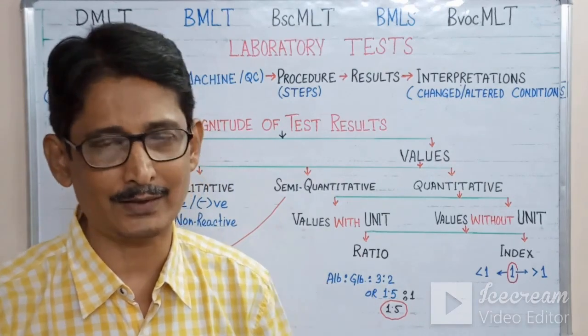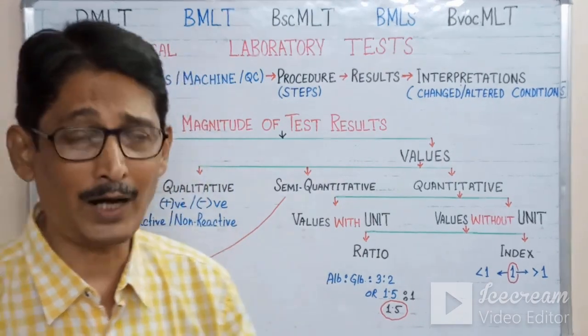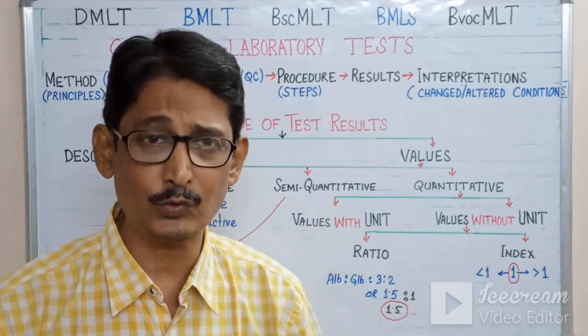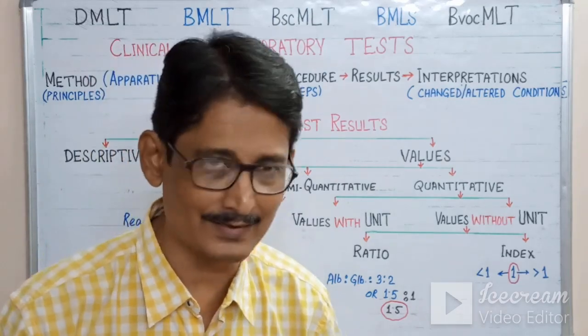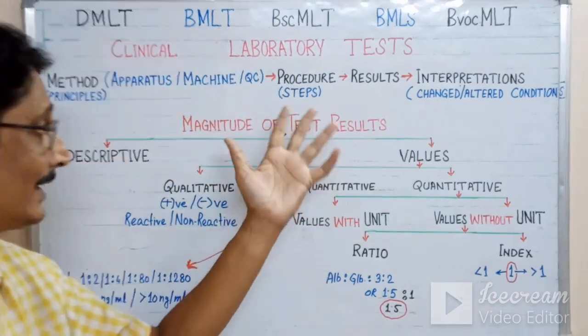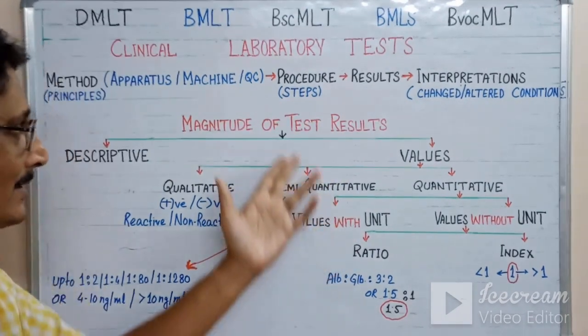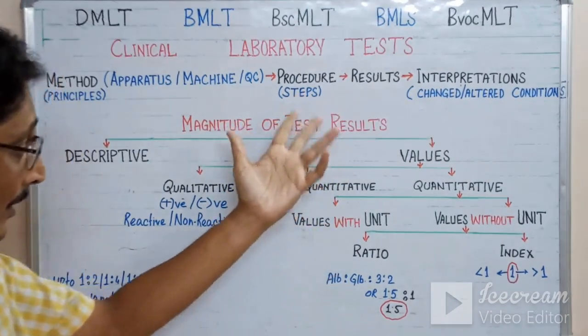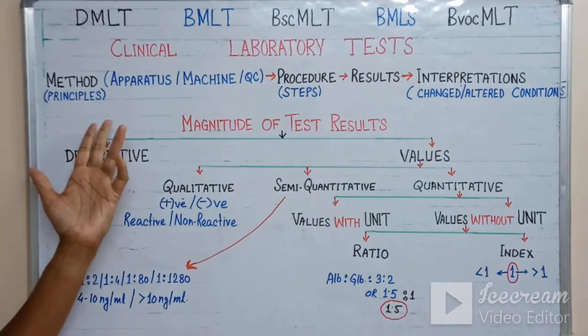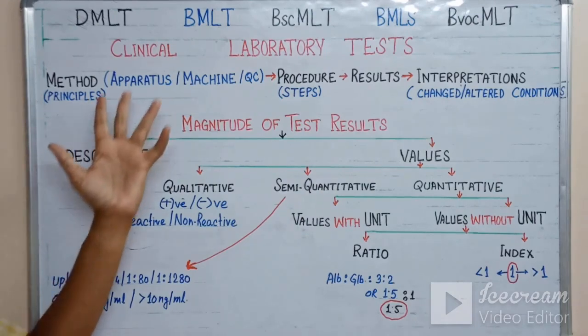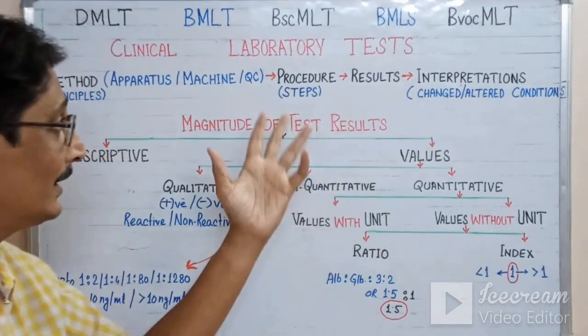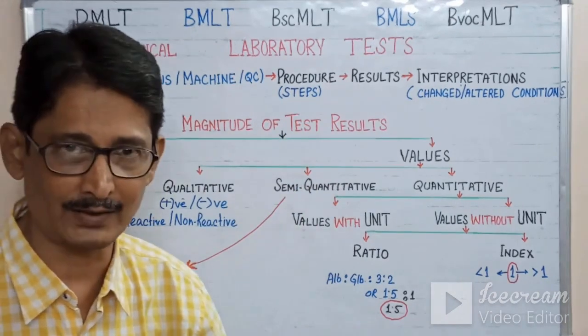This is the quality control procedure. So after that quality control procedure, we are going for the tests. So in the test there are many steps. This is generally a misconception with the method. Method is the principle, but here is the procedure. That is, the procedure is the steps of the test.